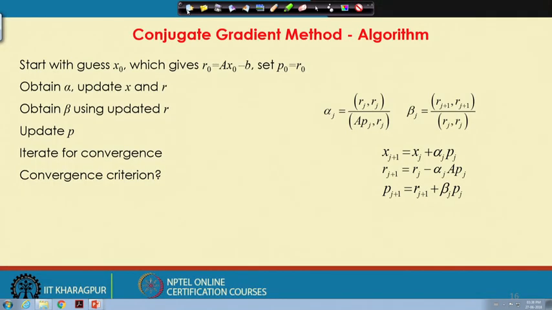Instead of finding the orthonormal basis V1, V2, Vn, we are looking into the auxiliary vectors P1, P2, Pn, and they become the basis now. We can say that P0 is equal to R0. So R0 is one of the vectors which will span the Krylov subspace. And how R1, R2, Rn, we see that finally with this P we are spanning the Krylov subspace. So, increasing the number of m, we are approaching the right solution, so that the residual Rm goes to 0. Now, if we look into the algorithm in a more formal form,